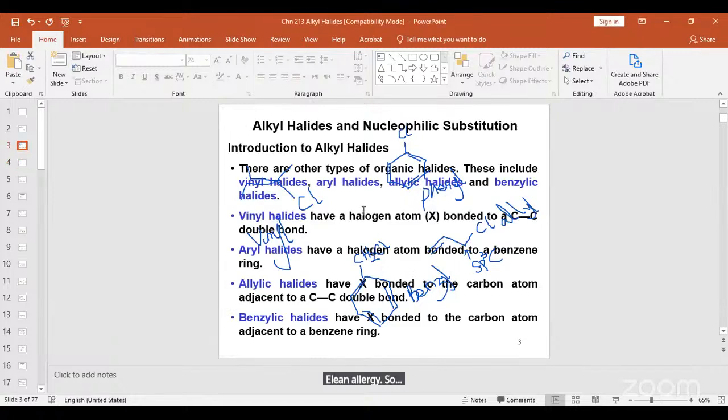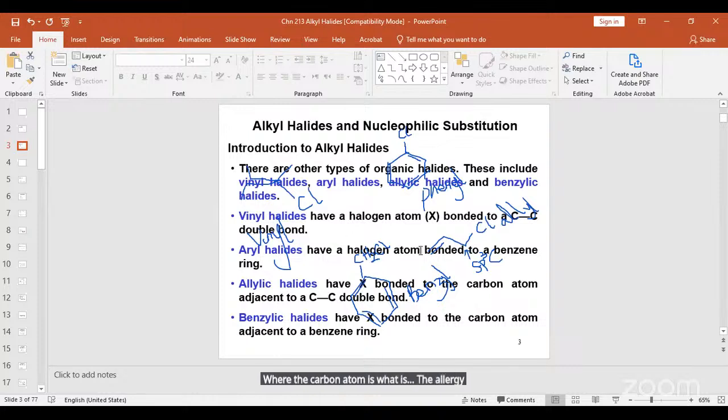Now, if you come here, vinyl halides: halogen atom bonded to a carbon double bond. Aryl: the halogen atom bonded to a benzene ring. That's your aryl. Allylic: the halide bonded to the carbon atom adjacent to a carbon double bond. This is the double bond. The carbon next to it is the adjacent carbon, and that's where your halogen is. And the last one is benzylic, where the carbon atom adjacent to the benzene ring is what the halogen is